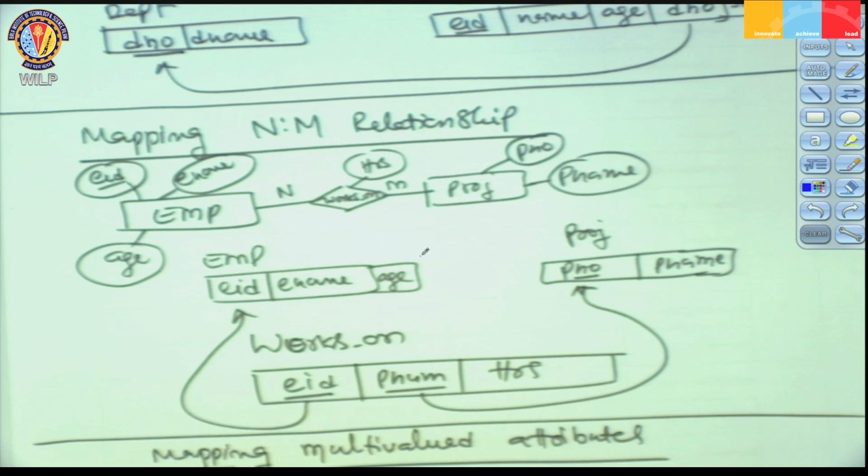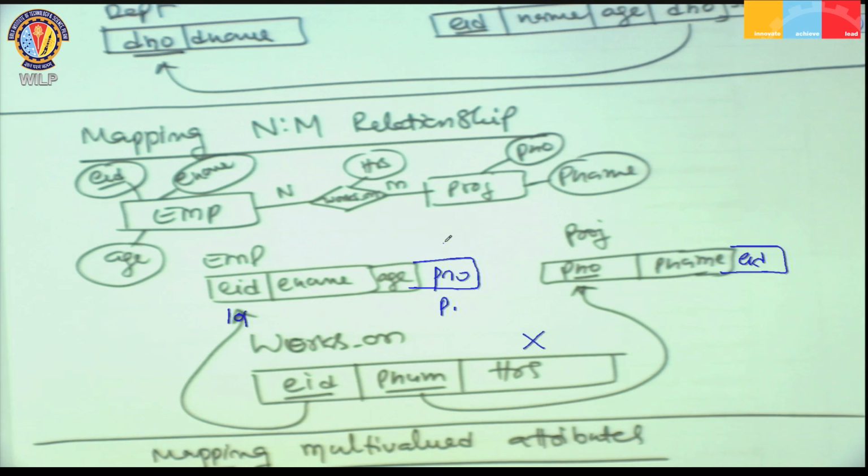If you carefully observe, I cannot add, if I am not doing this, what are the other possibilities? I can add the P number as the foreign key in the employee table, or I could add the employee ID as the foreign key in this project table. It is not correct because if I include it here, for any given employee I can include only one project, project number P1 or something like that, which is not correct because the same employee may be working on more than one project. That is why it is not possible to include P number as the foreign key to capture this association